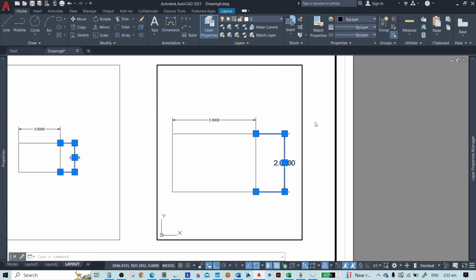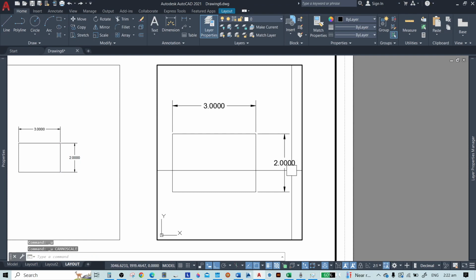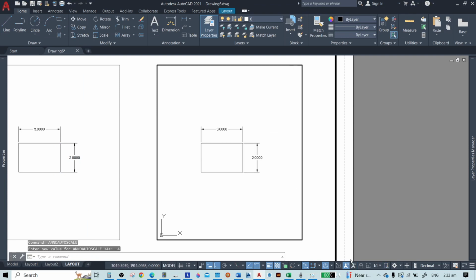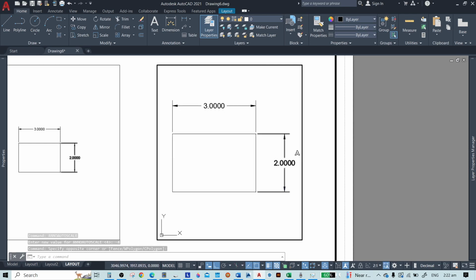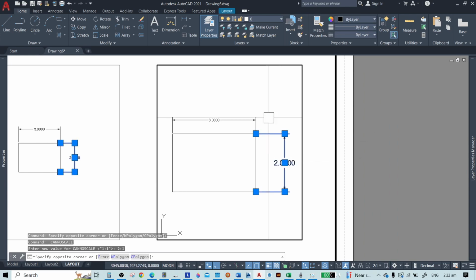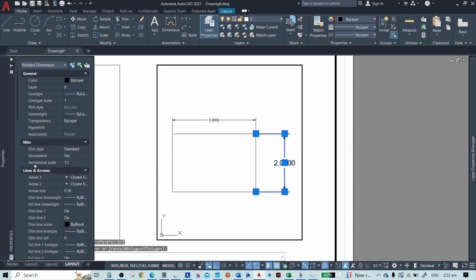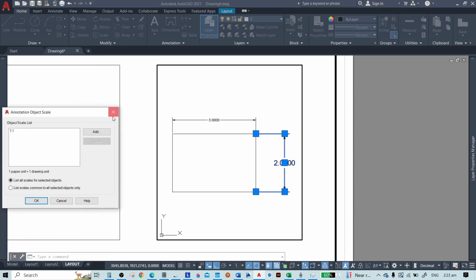Okay, balik ta to ha, nga katong wala pa nato na add ha, di na ko i-add. Now let's go to, let's make this 2:1, so siya na usab. Now if I click this one, as you can see, annotative scale 1:1 yapon siya, wala siya sa list.